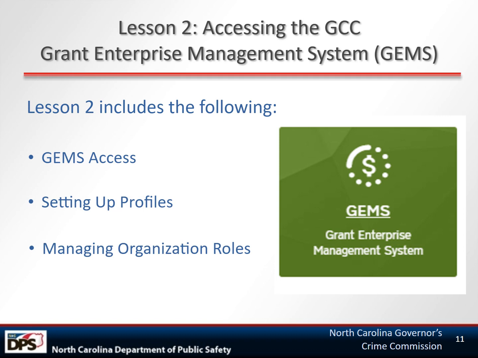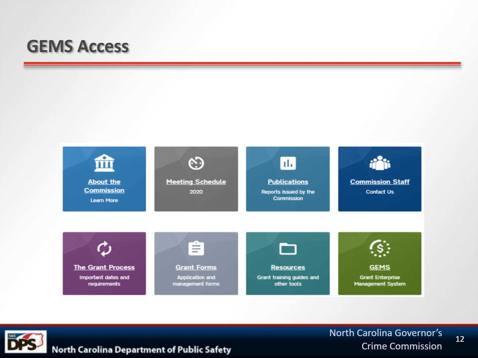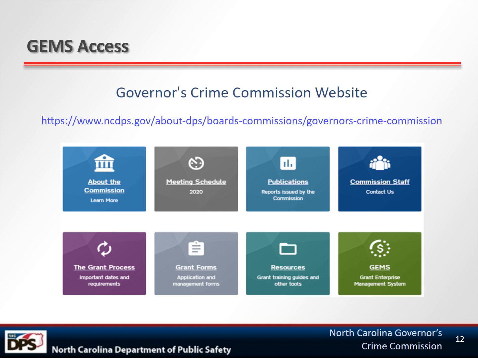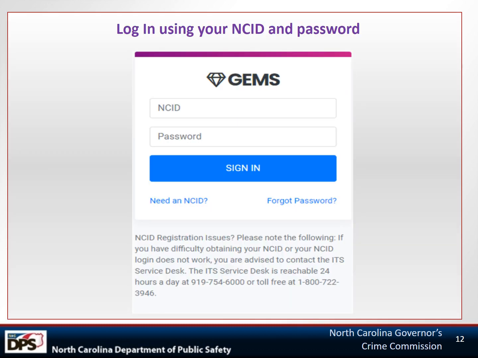Let's begin with GEMS Access. The Grant Enterprise Management System can be accessed directly from the GCC website. In the GEMS system, applicants can complete and submit applications and monitor their grant performance. The GEMS link will take you to the GEMS homepage, where you will use the NCID and password you created